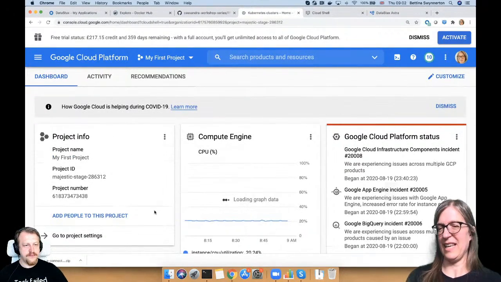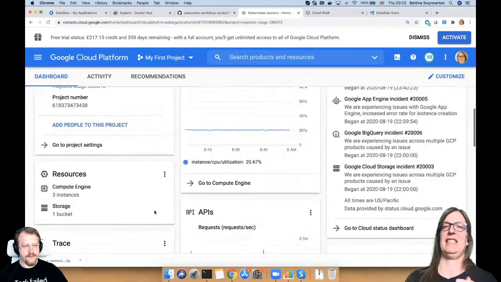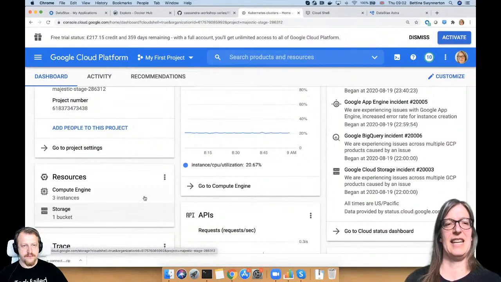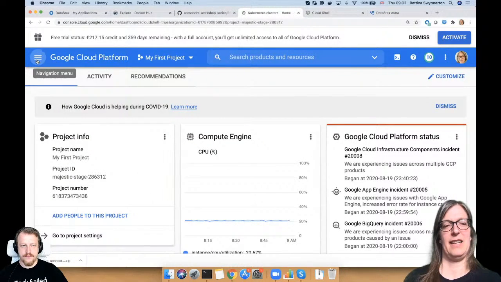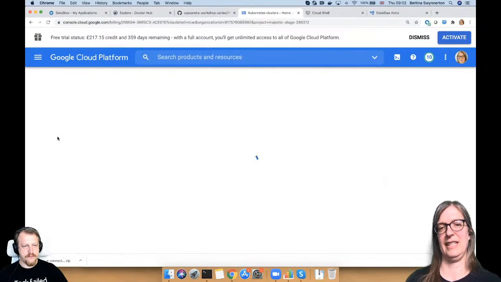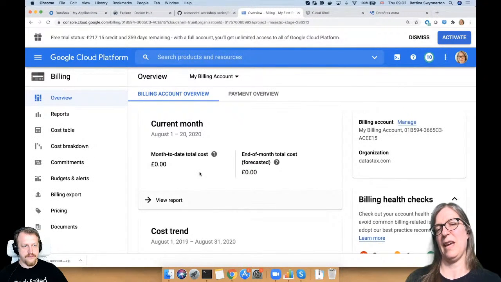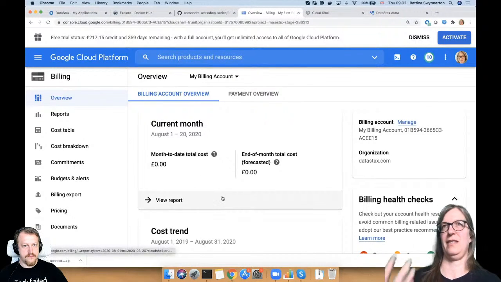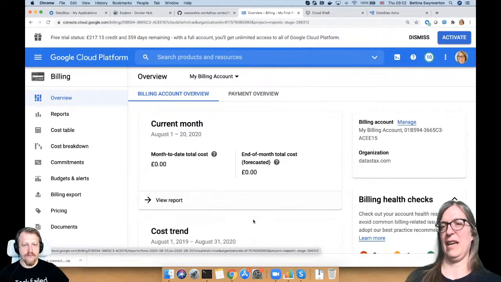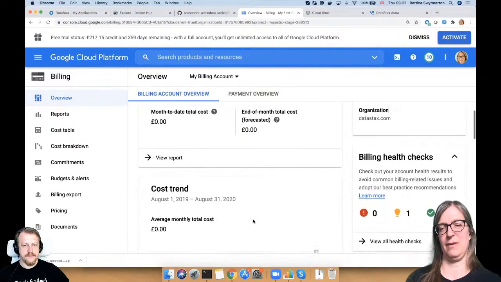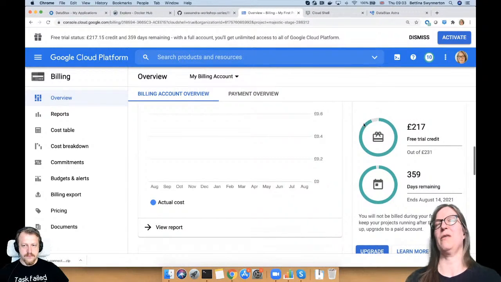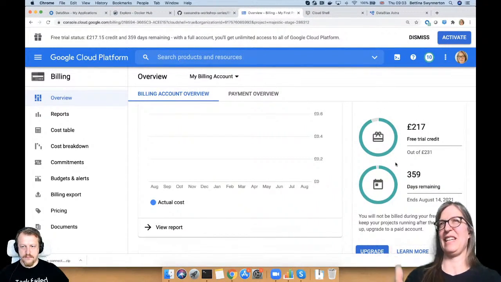So one thing that I've included in the README is, take control of your billing, and I'm going to show you that today. You can access billing here, and currently I have not incurred any costs because everything has been deducted from my free credits. So there has been absolutely no cost. But still, I was a little bit thrown by this initially. So where did all the money go, right?